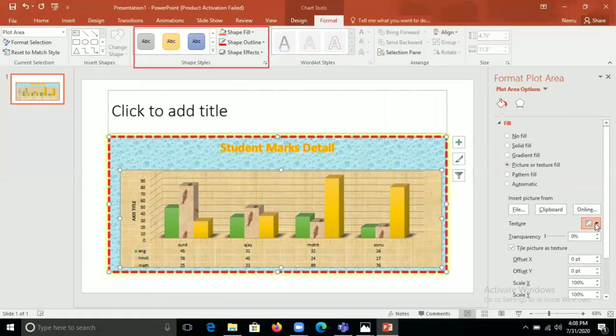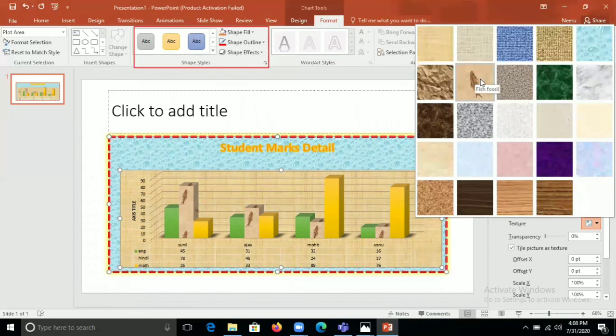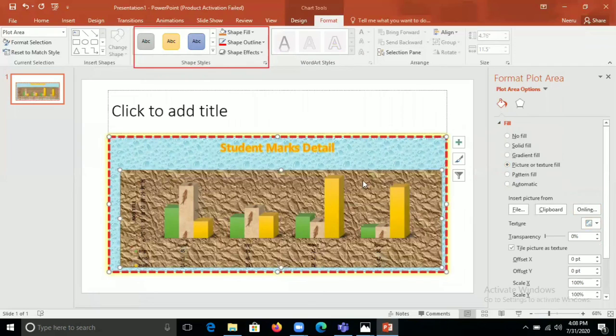See, I am again changing the texture. I have selected the plotted area, so you can see my plotted area background has been changed. Whatever you have selected, you can provide the background and fill the color by going to the shape styles, or by right clicking on the plotted area.